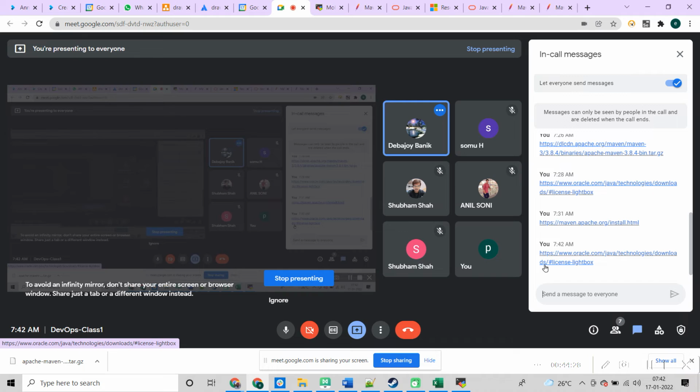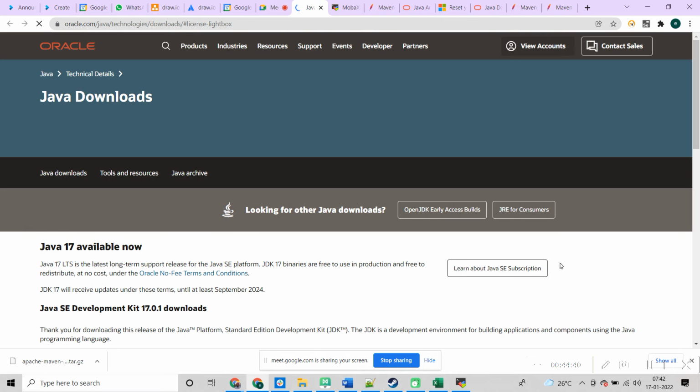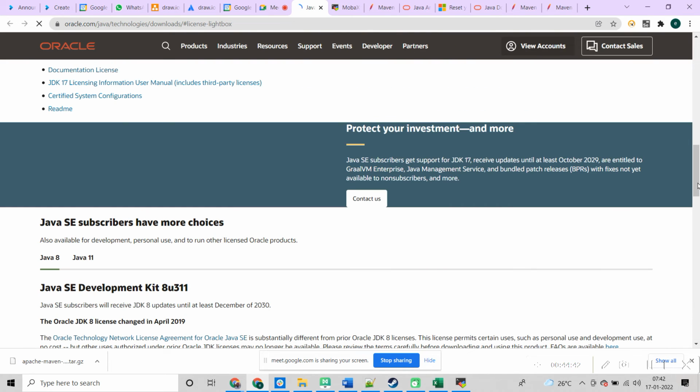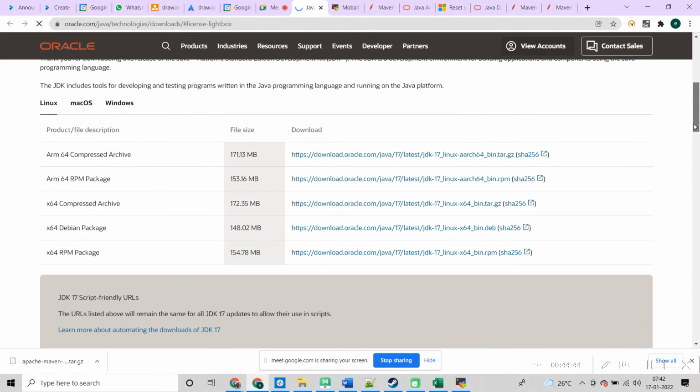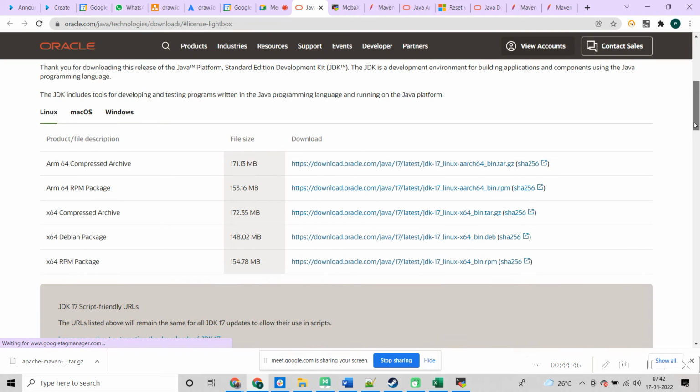Which one do I have to download? The ARM64 compressed archive? No, one second, let me check. Yes, this screen will appear.